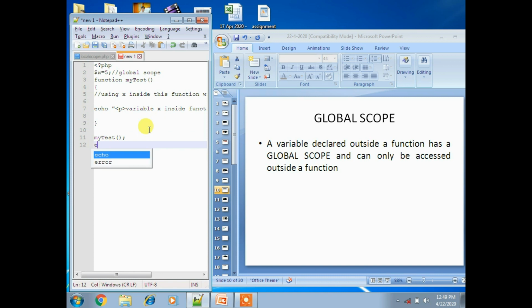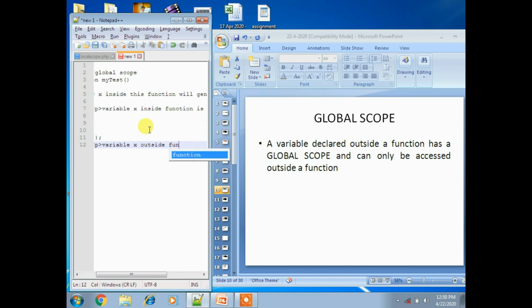Now write a statement echo with the same paragraph: "Variable x outside function is $x". Okay, now end with the open and closing tag.